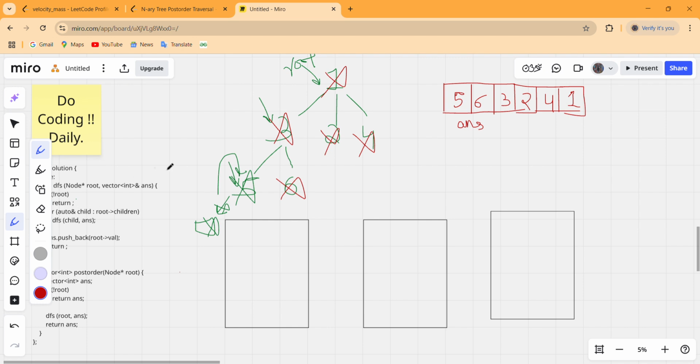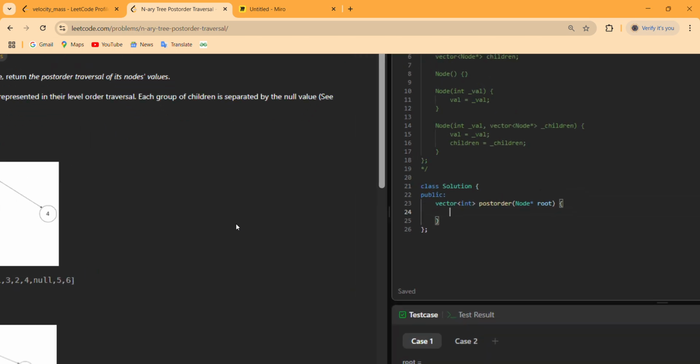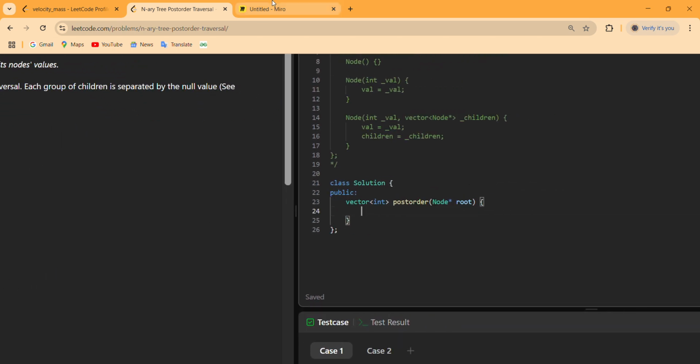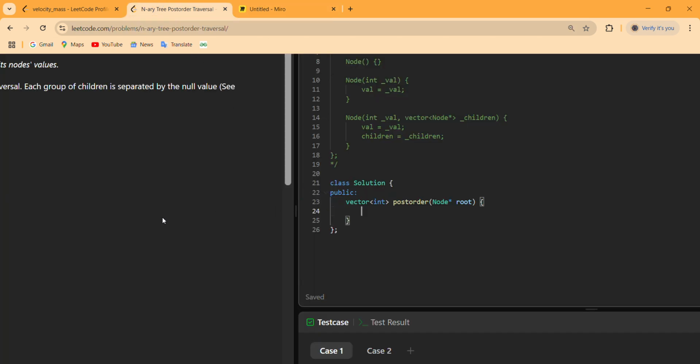So this DFS is now over and we have to finally return our answer to the caller, and our final answer for this example number 1 will be 563241. Now let us code this and check whether the explanation of this code is right or not, whether this code works or not.